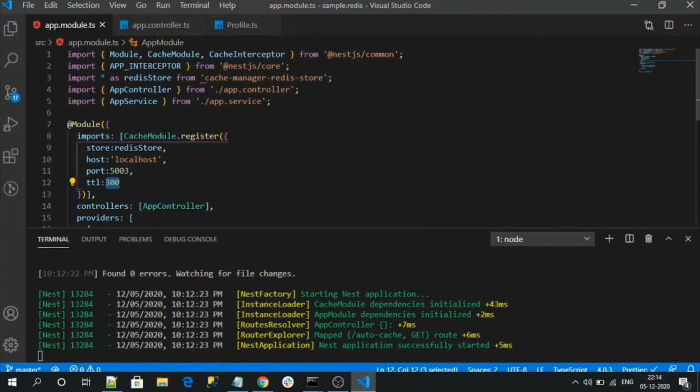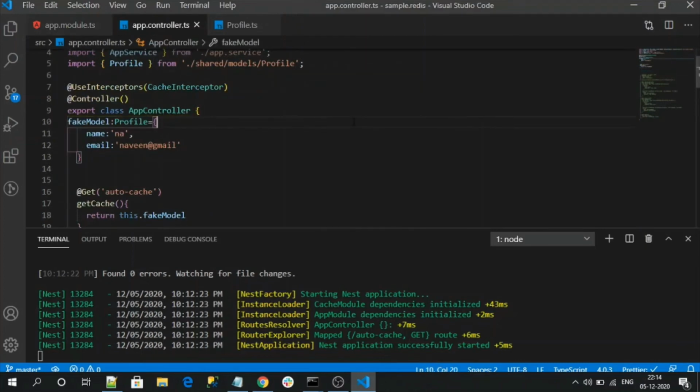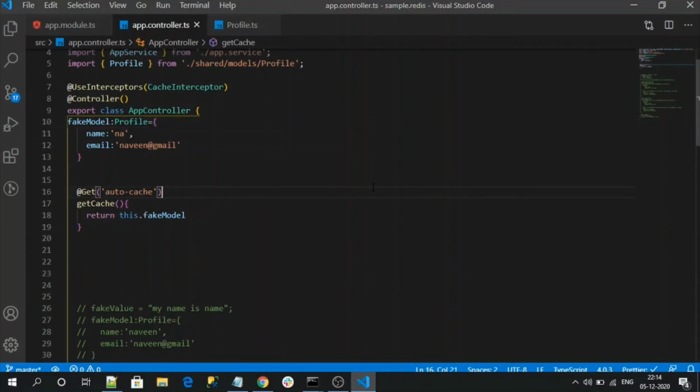So for auto cache we also have options like overriding them. To do that, on every individual action method we need to add some additional decorators. Let me override the existing key, the URL used as a key to store in the Redis store.